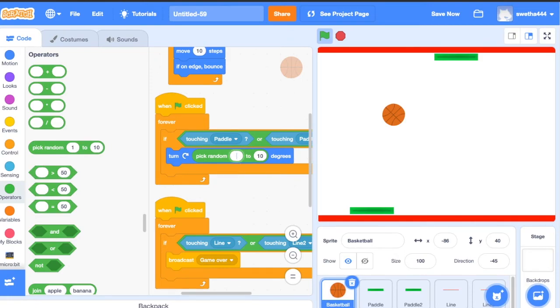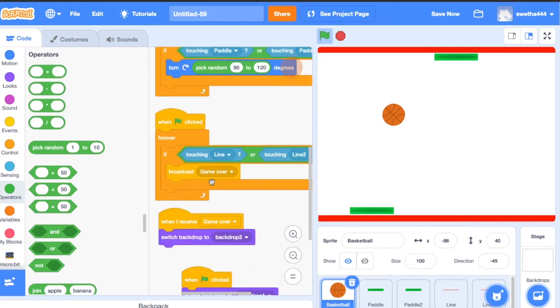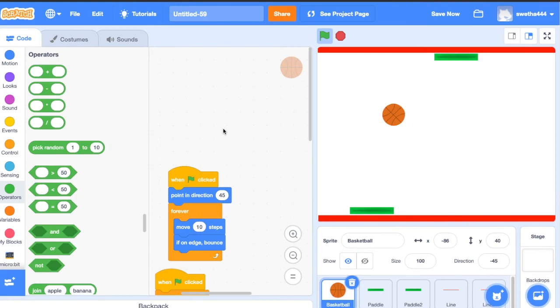Let's pick random 90 degrees to 120 degrees. So each time when the ball touches the paddle, it chooses a different angle between 90 to 120. Okay, let's see how it works.